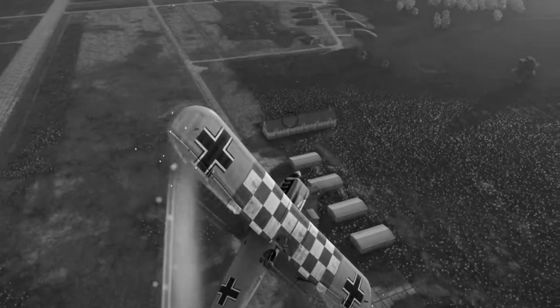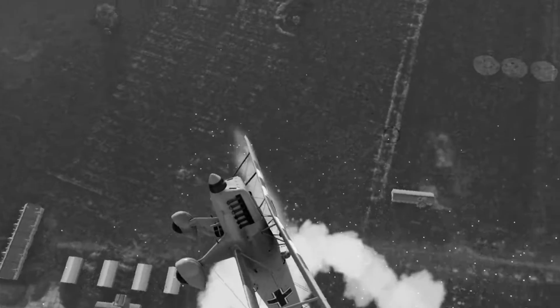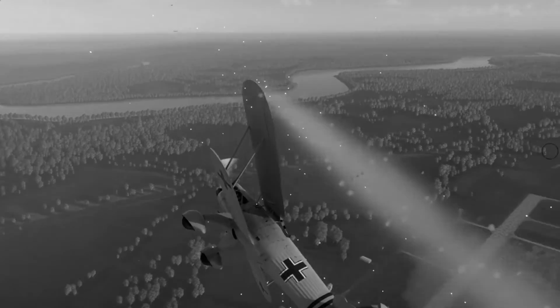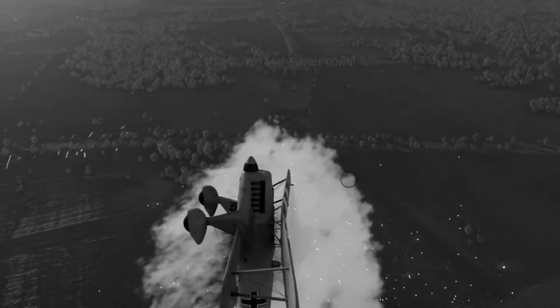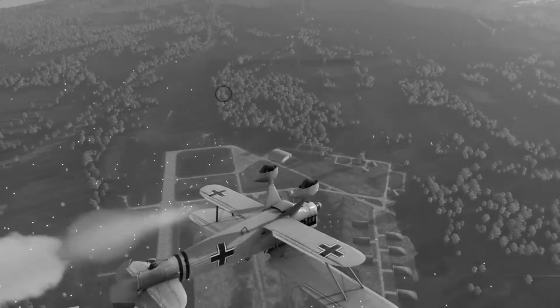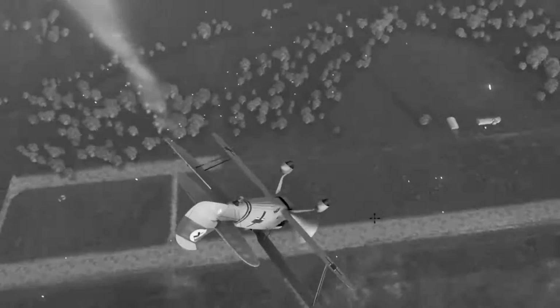The He-51 was a conventional single-bay biplane, with all-metal construction and fabric covering. It was powered by a glycol-cooled BMW VI engine, with an armament of two 7.92mm (.323 in) machine guns mounted above the engine. The He-51 was intended to replace the earlier Arado Ar 65, but served side by side with the